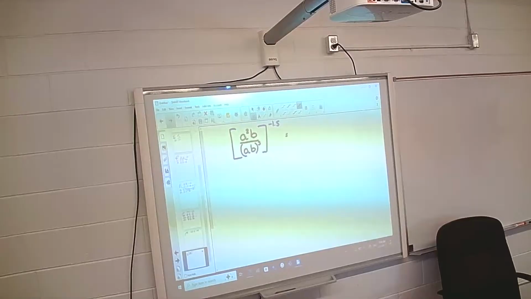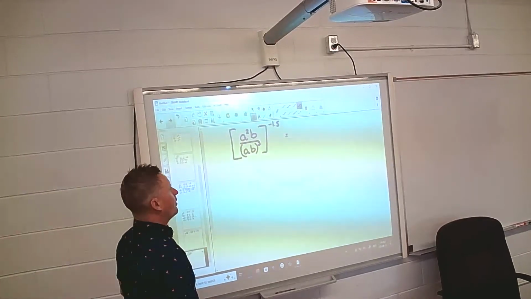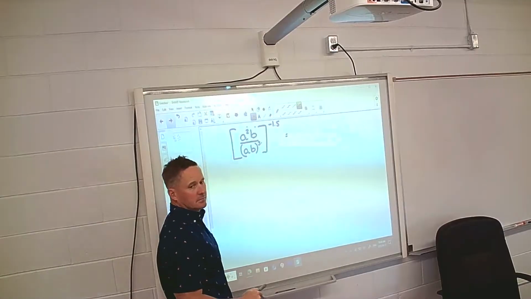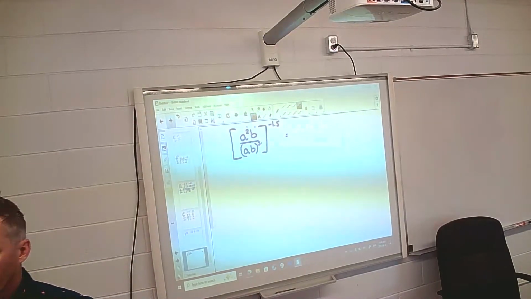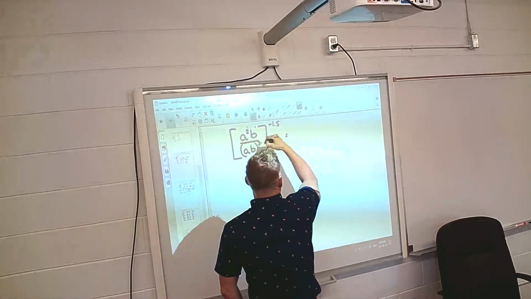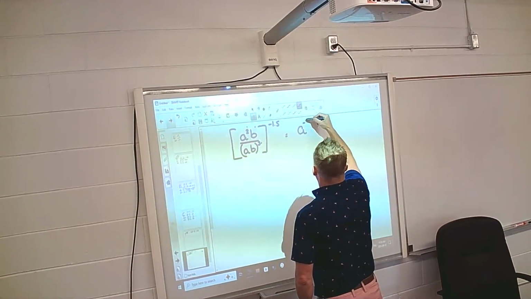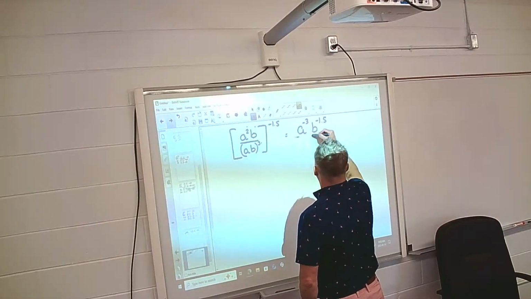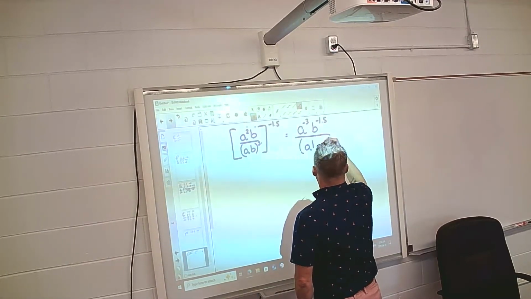So this is what I'm going to do. I'm going to take that negative 1.5 and multiply it by this, this, and this to start with. Okay? So this is going to give me a to the negative 3, b to the negative 1.5, and on the bottom I have ab